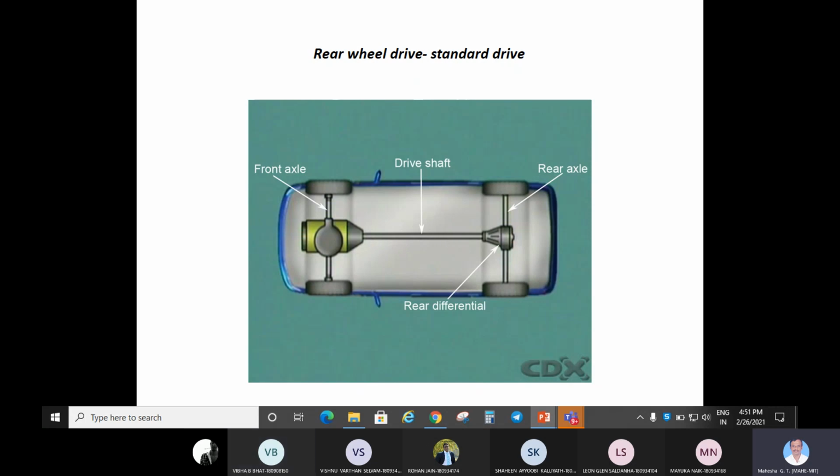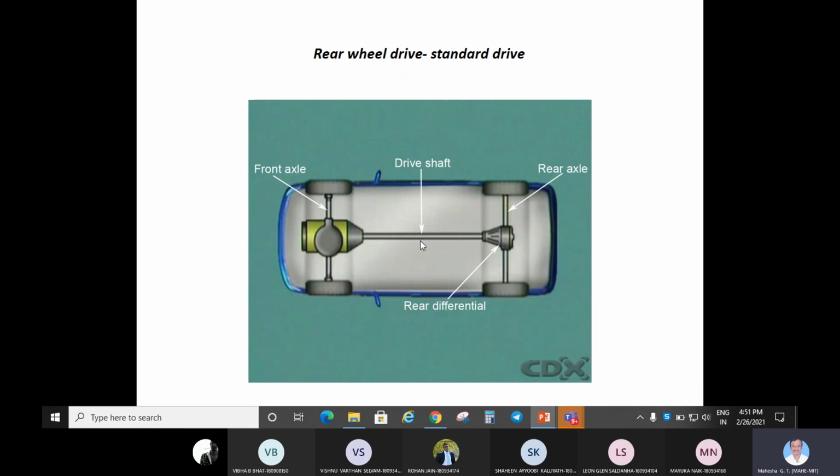If it is a longish wheelbase, that is from here to here, then maybe 3, as is the case in buses, trucks and all that. Tata, Leyland and all these regular city buses have around 4 to 5 meters as standard wheelbase. You know, no? That is little more than 4 meters, in which case I told there are some issues with the critical speed and all that. So a single piece of propeller shaft cannot be adopted then.